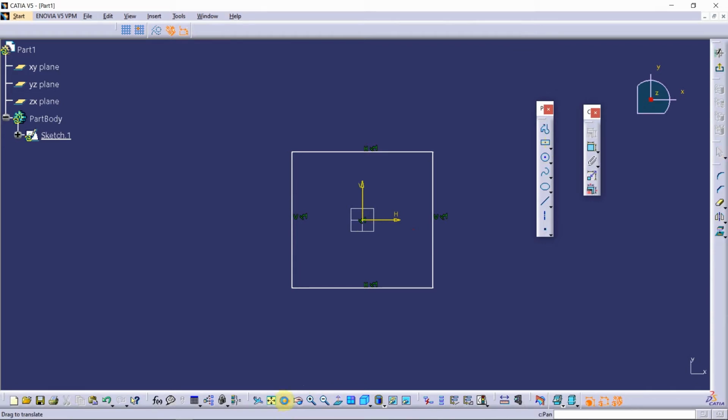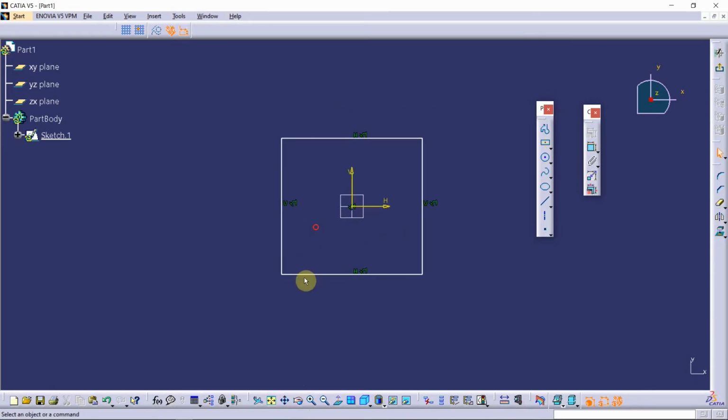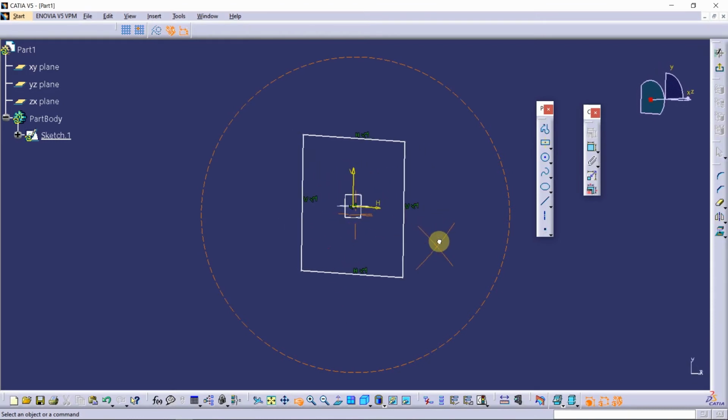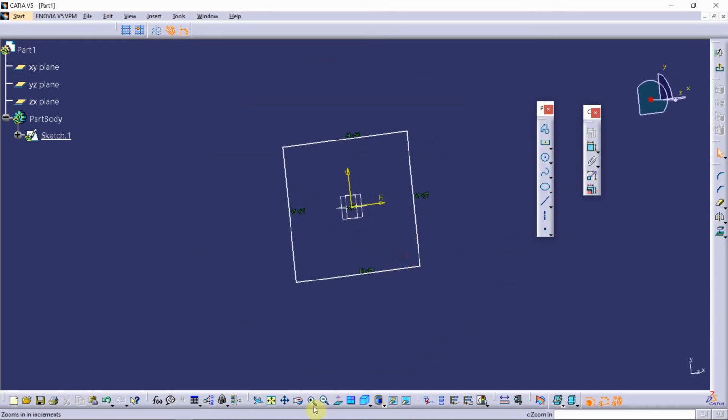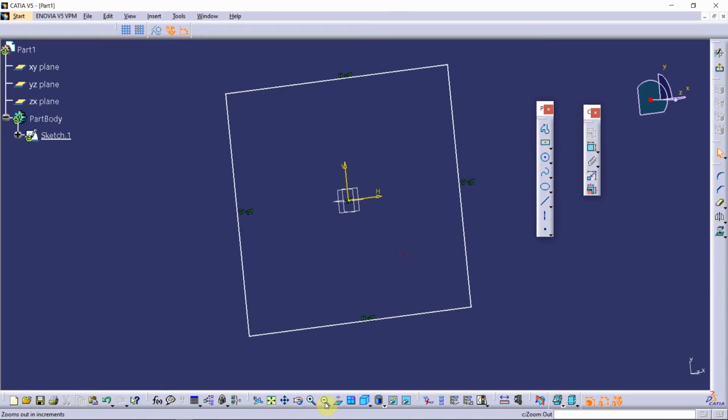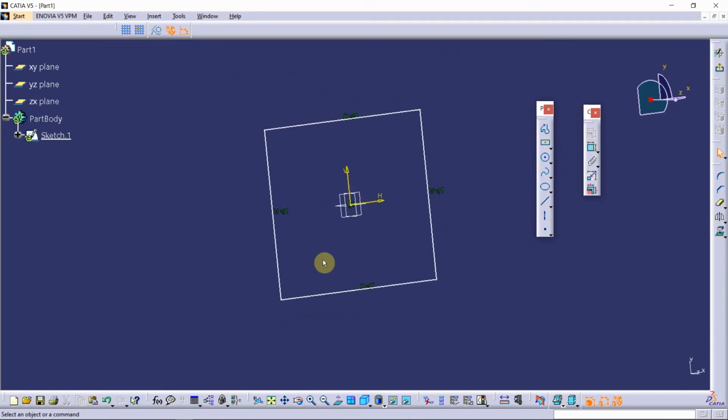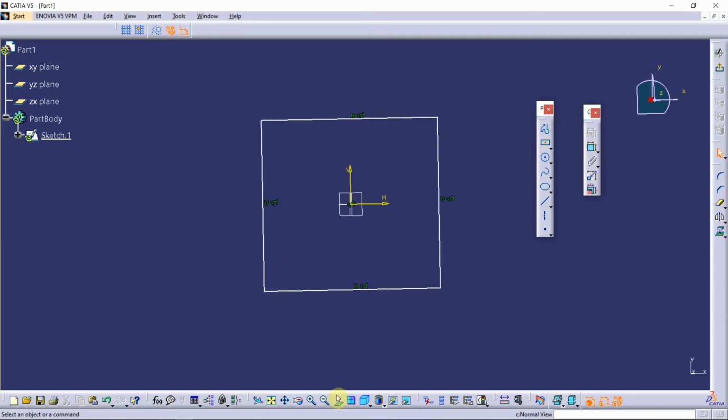And this one says rotate. You can rotate the sketch. And this is zoom in and zoom out options. If you tilt the sketch somewhat, and if you want to go to normal view, you can select this one. It will go back to the normal view we were looking at before.